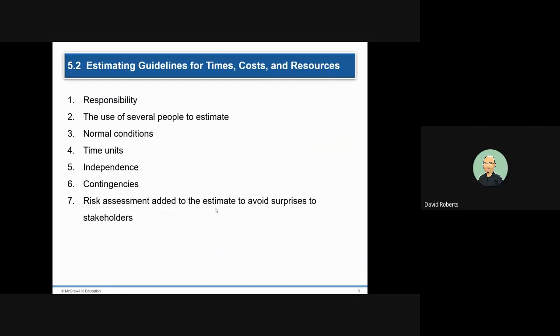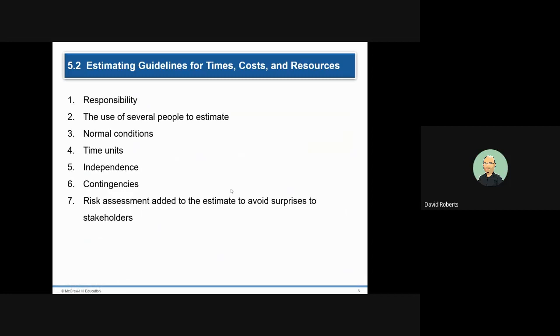And that does happen. So you need to identify who's responsible for the different costs and resources, get several people to do estimates, try and estimate what is normal, if that's possible. One of the hardest things to do, if there's a high degree of variability, is setting up some contingencies, and I'll talk about that and give you a slightly different take than what the book does on how to set up contingencies.